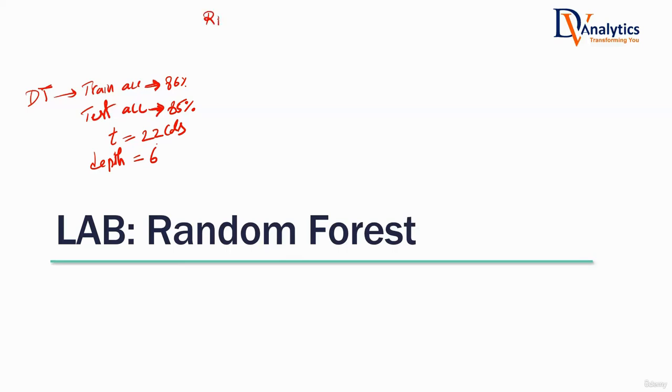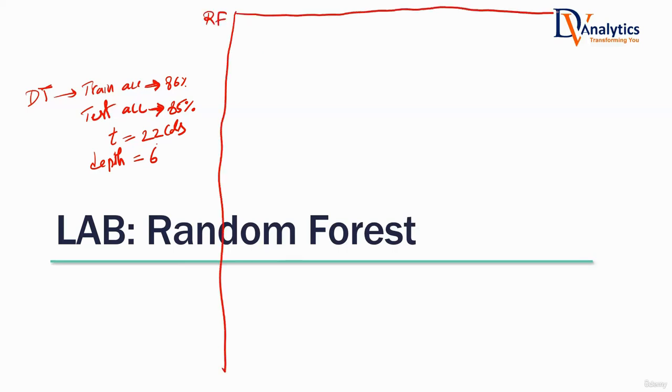Now let us build a random forest model. I'll give you a recap of what the hyperparameters are once again, then you can build. Pay attention, all of you here. Just confirm once you're done with the decision tree. Come to your message chat window, confirm it to me, then I'll explain these random forest hyperparameters once again. If anybody is facing an issue with the decision tree, let me know.